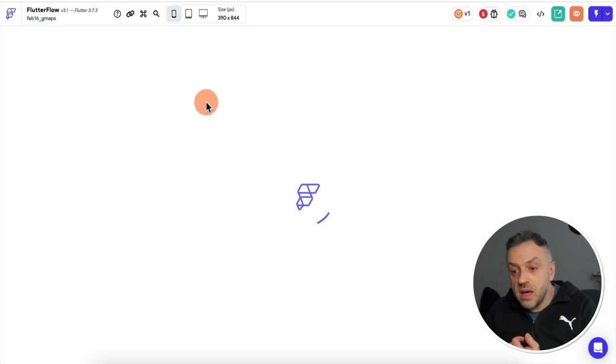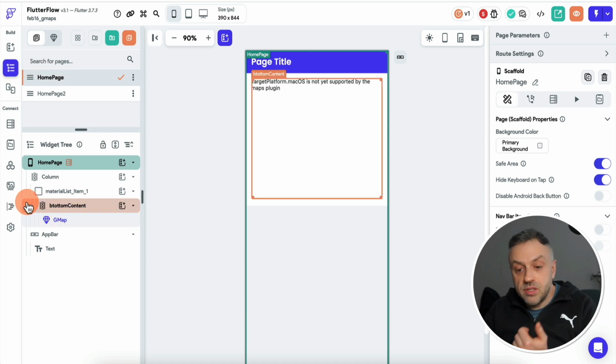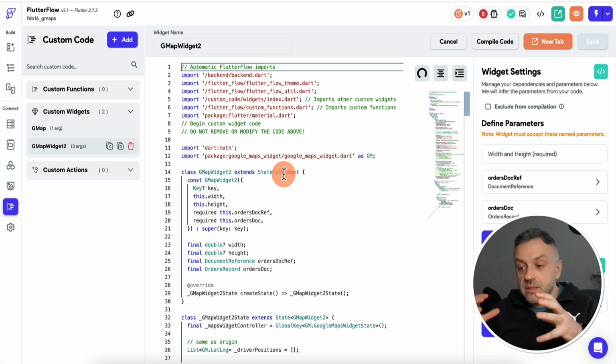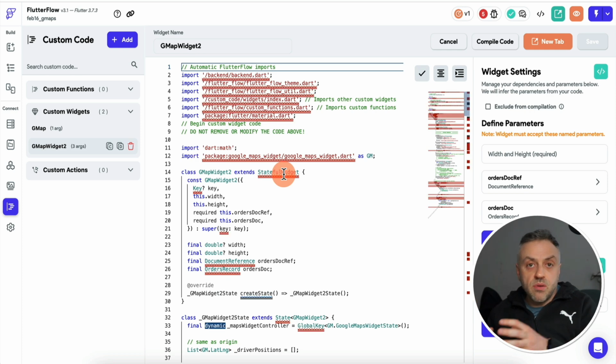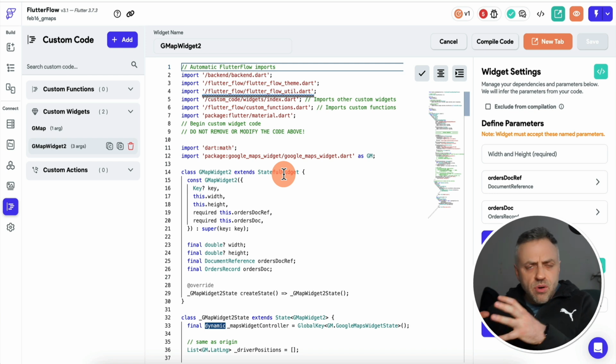If I open this app, I know that I will need to do something very, very custom. And as a result, I have a custom widget here. I have a custom widget that displays Google Maps and also can do real-time tracking, real-time directions, and can even show you real-time movements. And this is going to be perfect if you are building some kind of an Uber Eats clone or an Uber clone or anything of that sort where you need to show the person's real-time location